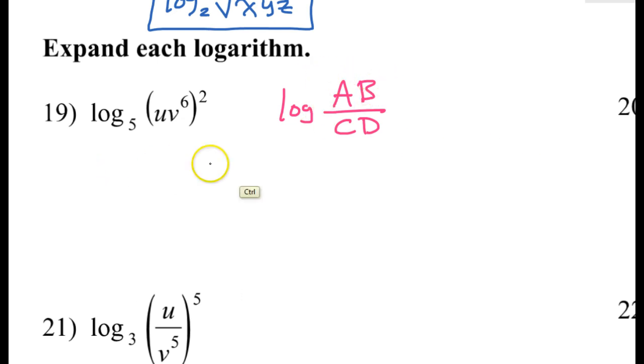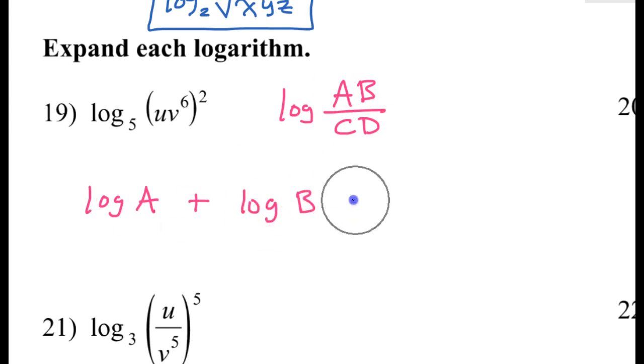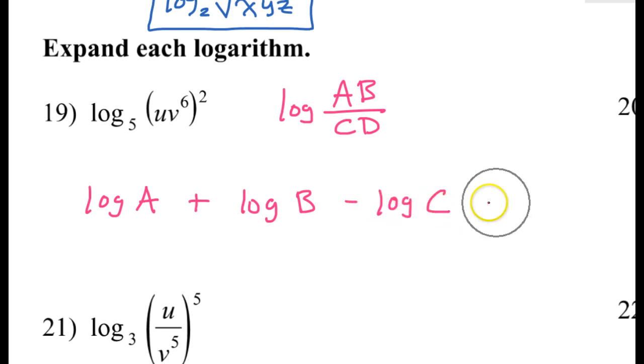Anything in the numerator will be a positive term. Anything from the denominator will give me a negative term. So this would give me the log of A plus the log of B. Both of those are positive because they came from the numerator. Minus the log of C minus the log of D. Those are both negative because they came from the denominator. In addition to that,